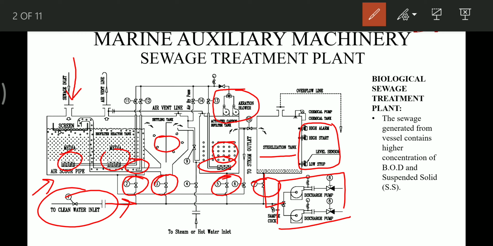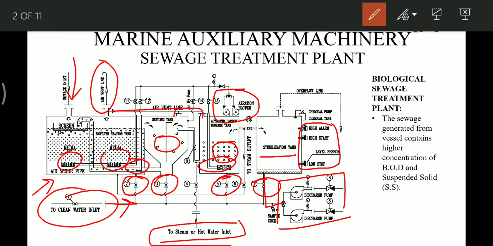And one more thing is for backflushing purpose at periodic intervals, so that sludge doesn't get accumulated, the steam or the hot water connection is provided so that the sewage treatment plant can be periodically backflushed, so that proper functioning is not hindered. This biofilter tank is also provided with an air vent, and it is connected to all the tanks, as we can see this line.